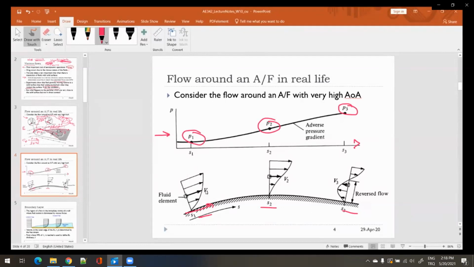So yes, the fluid particles are trying to move from left to right with their existing momentum and kinetic energy, but they are moving in an adverse pressure gradient environment, which is kind of opposing the flow, trying to stop the flow, if you want. So in that case, if this is our velocity variation here, this is our velocity field variation within the concept of the boundary layer, here's our fluid. This gets pushed back. This has to move against the big resistance,